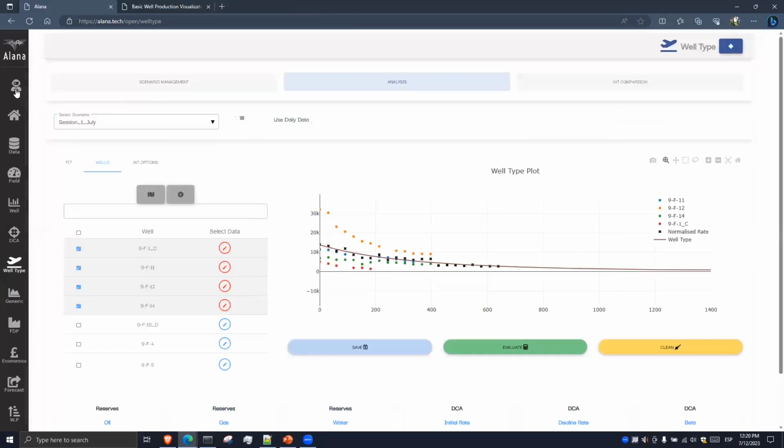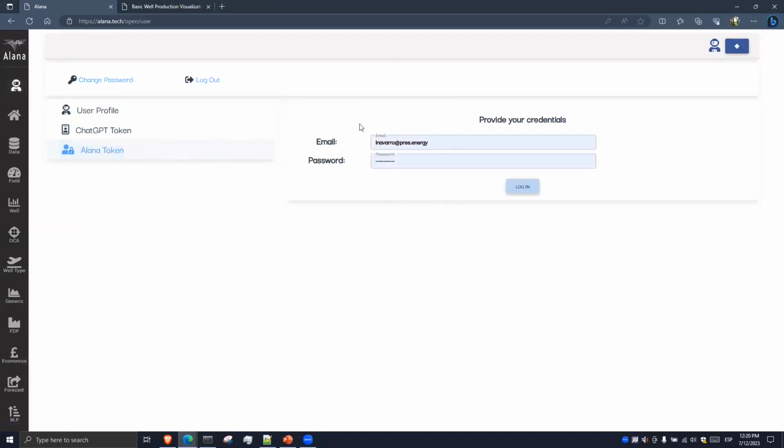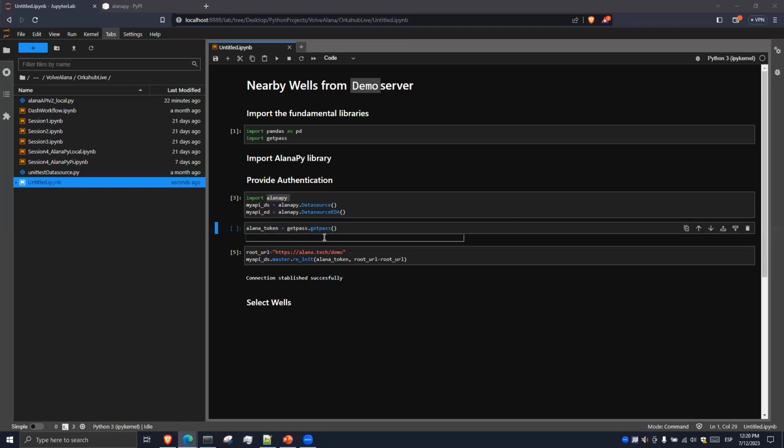If you go into your account settings, here you have the Alana token screen. Once you provide your credentials and click on login, a little screen will pop up with a very large string. You copy it and paste it here in the getpass functionality of Python. As such,